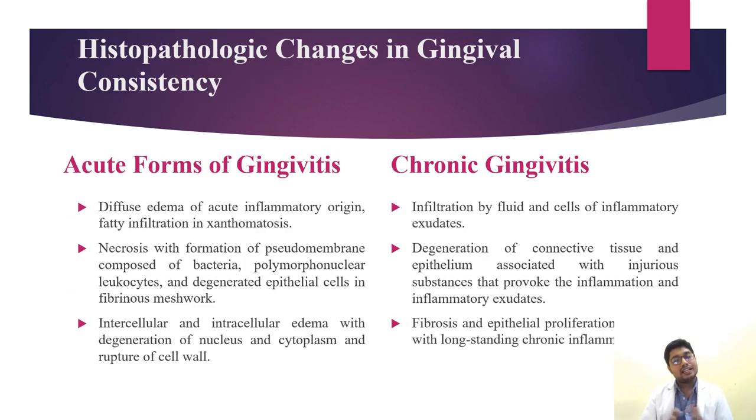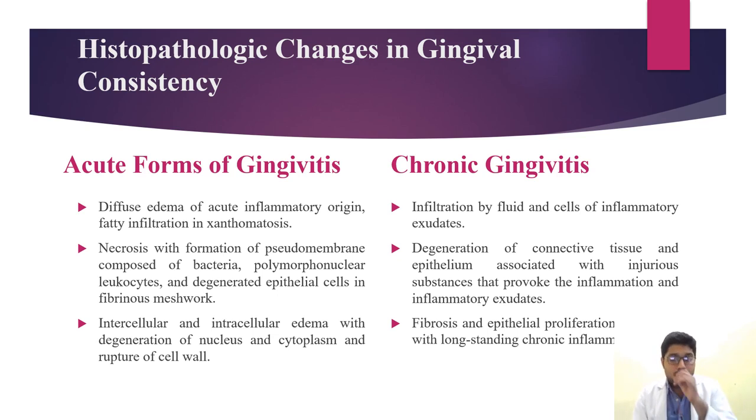And histopathologically, in acute forms you can see a diffuse edema of acute inflammatory cells, that is eosinophils and neutrophils, and those are all the acute inflammatory origins, and the fatty infiltration in xanthomatosis also you can see. Necrosis with formation of pseudomembrane composed of bacteria, polymorphonuclear leukocytes and degenerated epithelial cells in the fibrinous meshwork. Intercellular and intracellular edema with degeneration of nucleus and cytoplasm and rupture of cell wall you can see in the